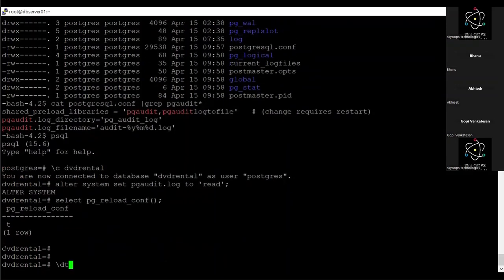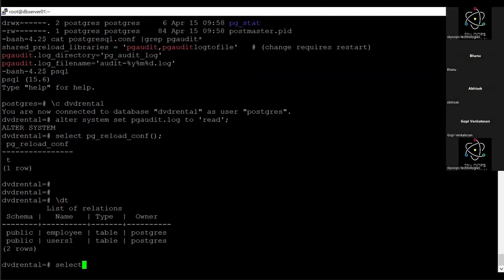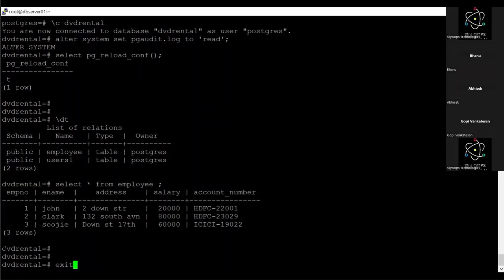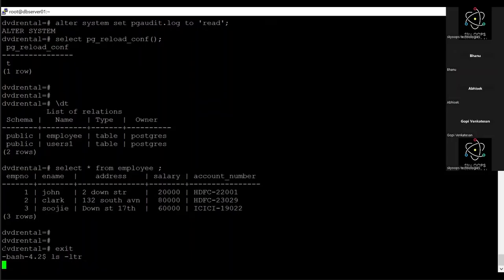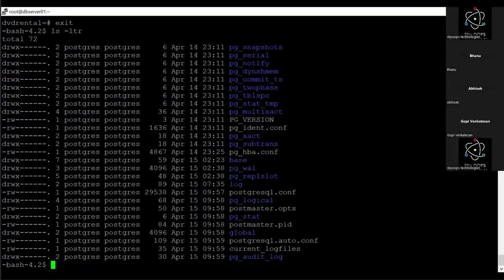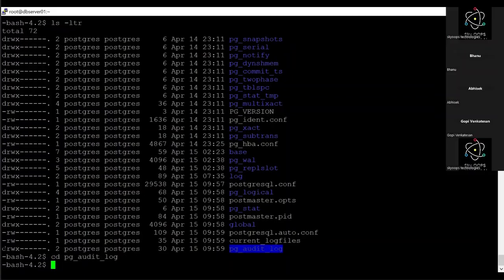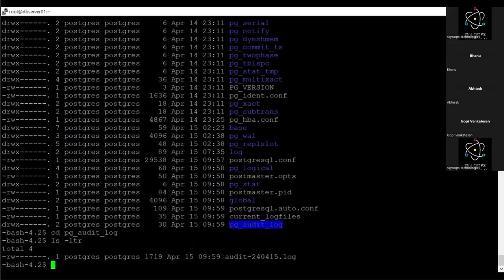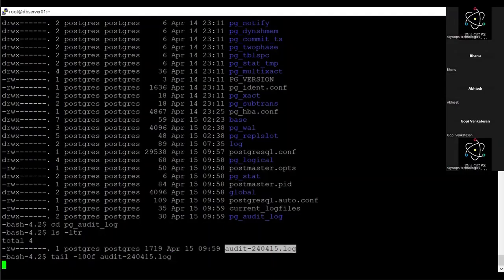Now I have some tables, right? If I try to select from any one of the tables, let's see if any auditing has been created. If you see, it has created a directory called pgaudit_log. If you go inside this directory, it will create the log file with the same naming convention which we have given. Something like this. And if you just tail this log file,